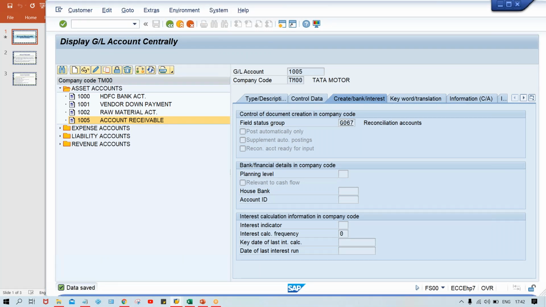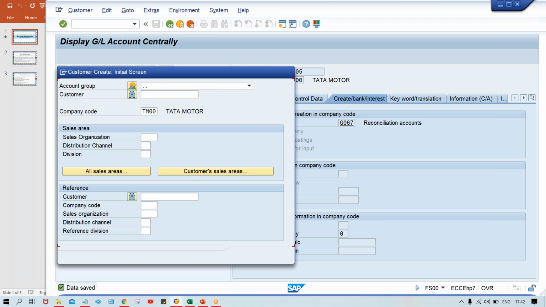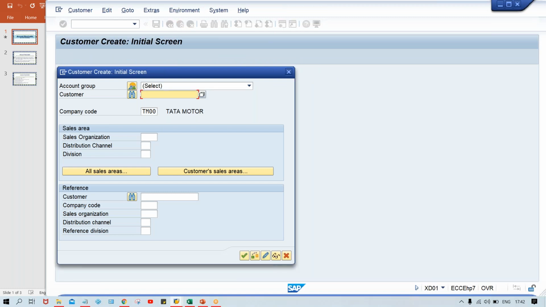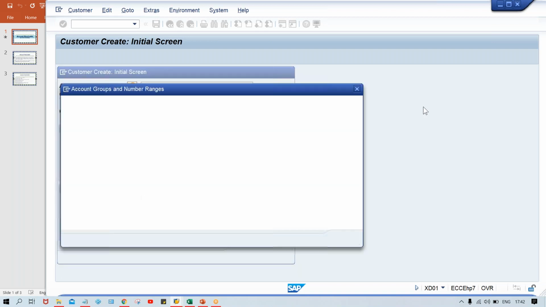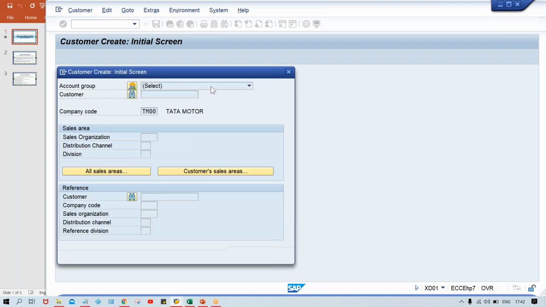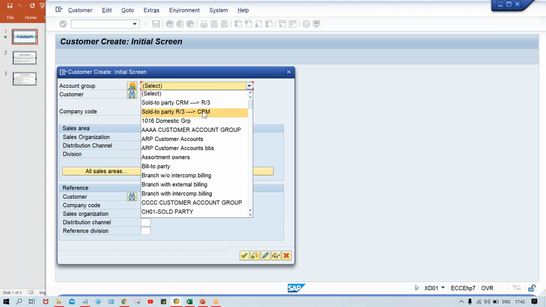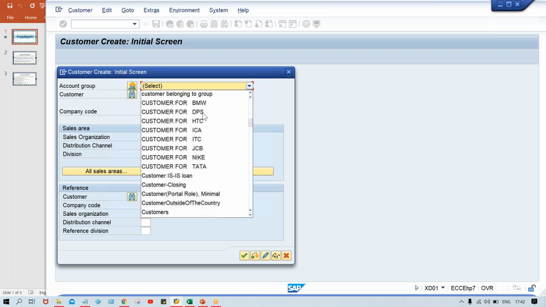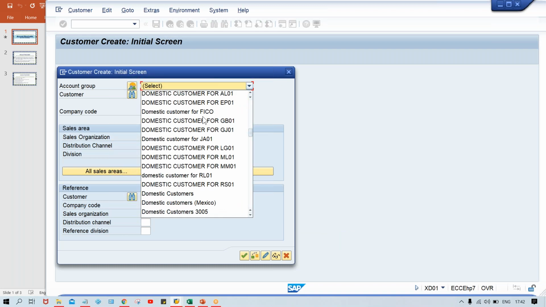XD01 is the transaction code by which we are going to set up the customer master. In customer master, multiple details are there. First of all, you need to select account group. Click on here. You're having two options. From here also you can select, but description-wise, it will take time. Better to click here